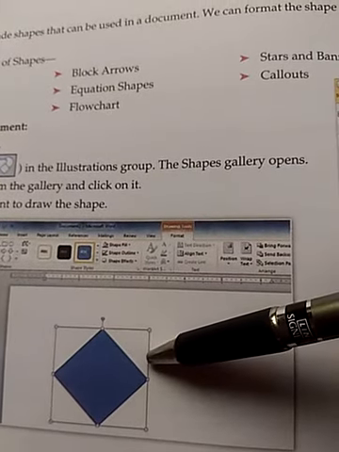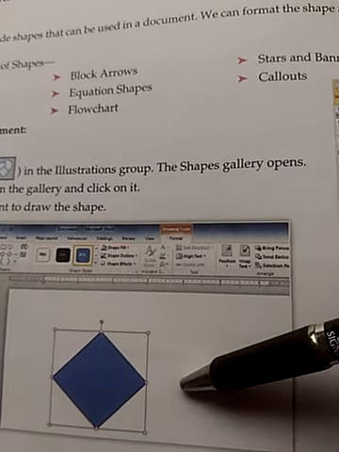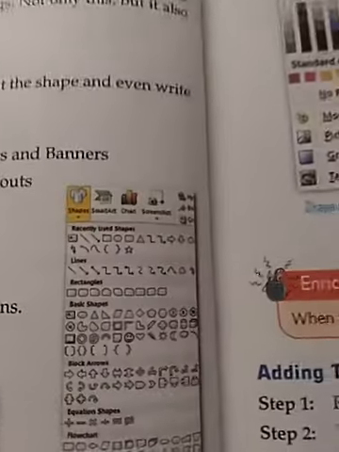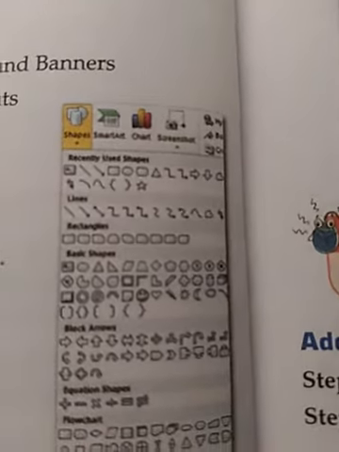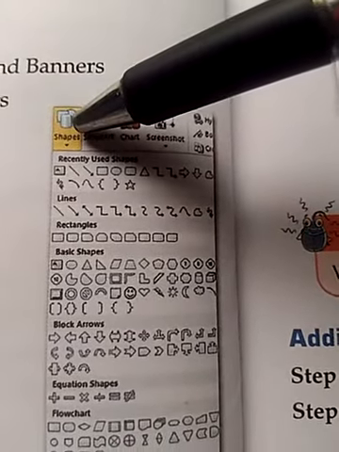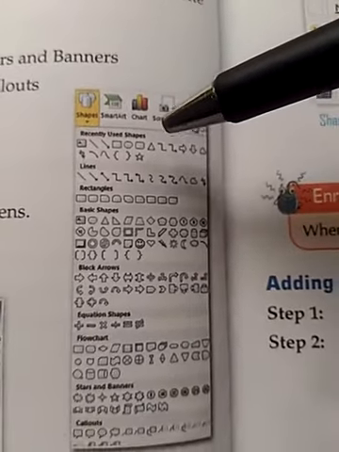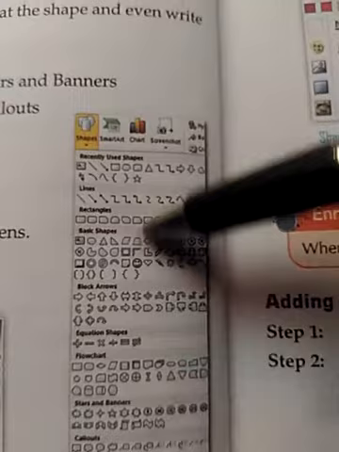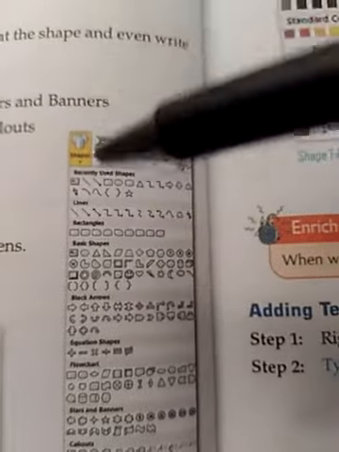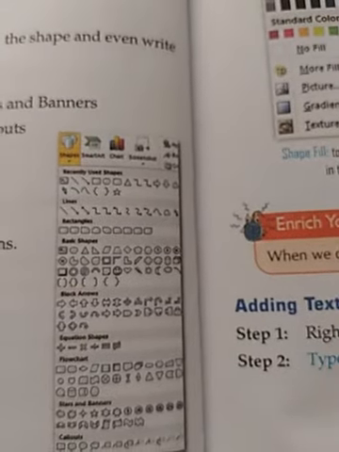As soon as you choose the blue color, the shape will be filled automatically. And if you want to insert another shape in the same document, then as I have told you earlier, go to the Insert tab, like here. On Insert tab you will find the option Shape, which will show you different categories of shapes available. You can choose any of the shape according to your choice. Once you choose the shape, just draw the shape in the work area, that is on the page of the MS Word document, and the shape will be drawn.